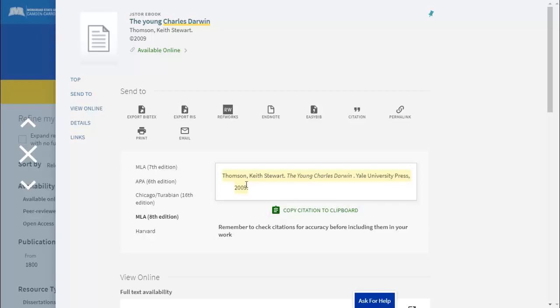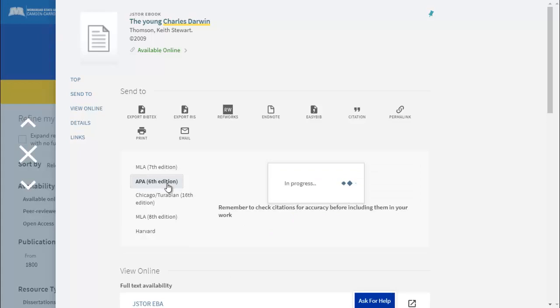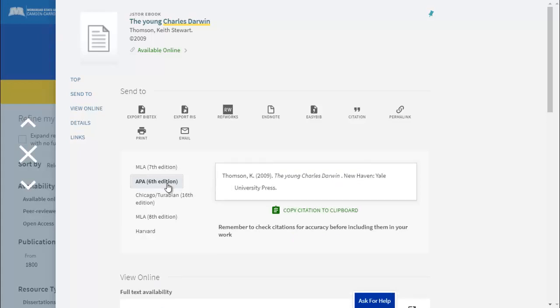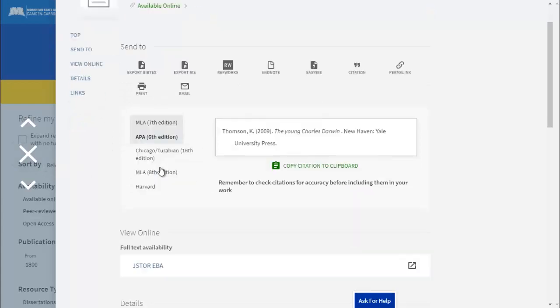The only thing that we say is to always make sure that you're double checking the formatting to make sure that it's exactly the same. One example is, let's say we look at the APA. Of course, there's a newer edition of APA out now, so you want to double check and make sure the formatting is correct. So you can copy and paste and put that over, but just double check it for any type of problems you might have. But if we go ahead and click into this JSTOR ebook,